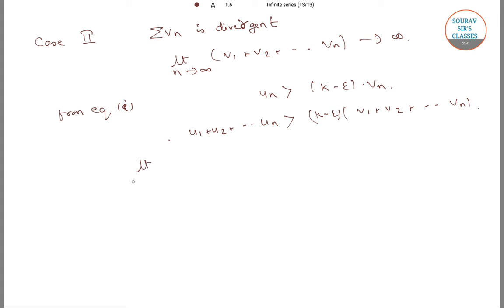Then limit n tends to infinity u1 plus u2 plus so on till un is greater than k minus epsilon into limit n tends to infinity v1 plus v2 plus so on till vn. Now we have previously said that limit n tends to infinity v1 plus v2 plus so on till vn tends to infinity. Hence,